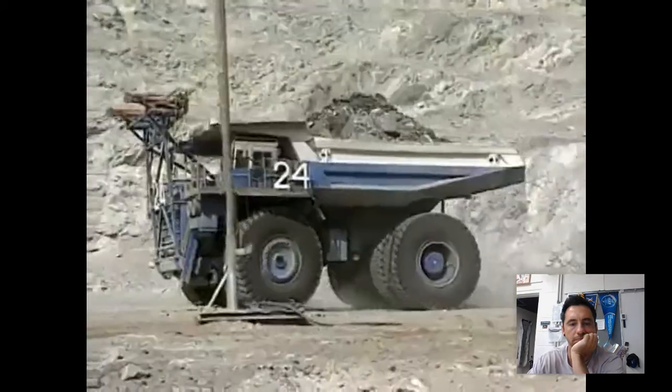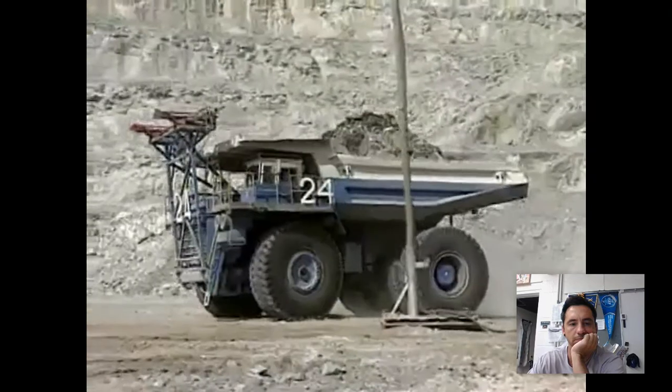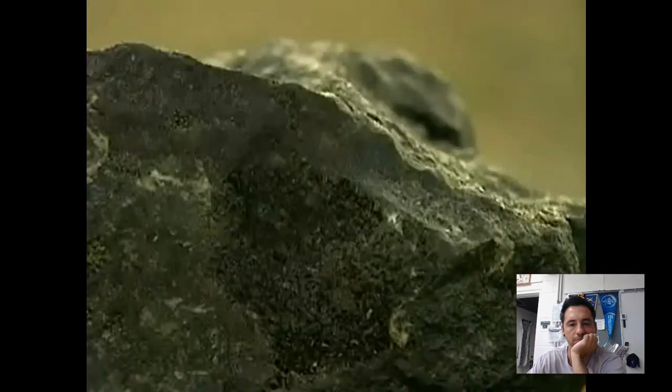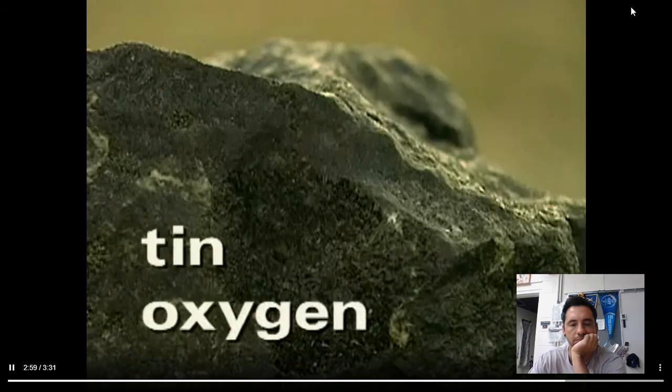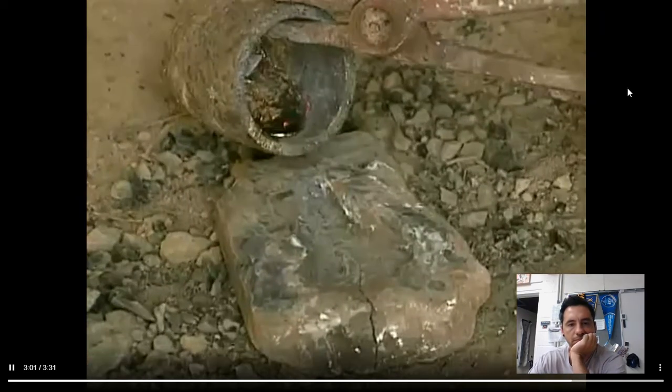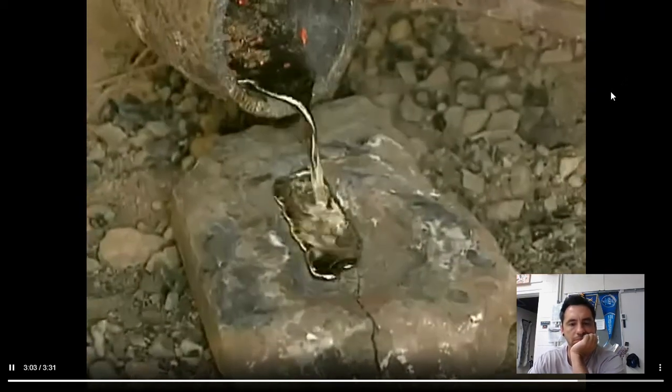Tin is another metal element which can be extracted from rock. This is a lump of tin ore. As well as tin, it contains oxygen. Smelted, and once again,